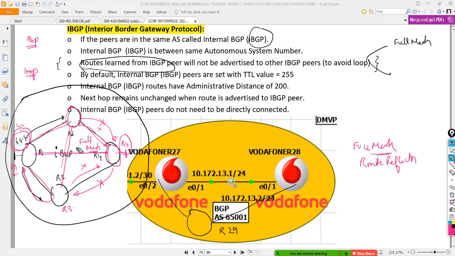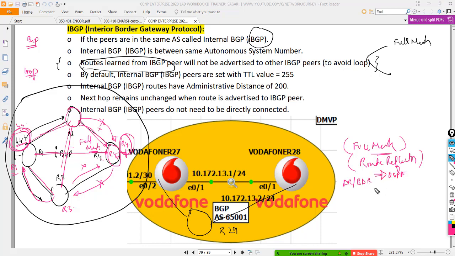This way, network 4.4.4.4 will be learned on R4. Also your looping is taken care of because of full mesh. You know where the routes are coming from, because they are all directly connected. Now route reflector is a concept something like DR and BDR in case of OSPF.